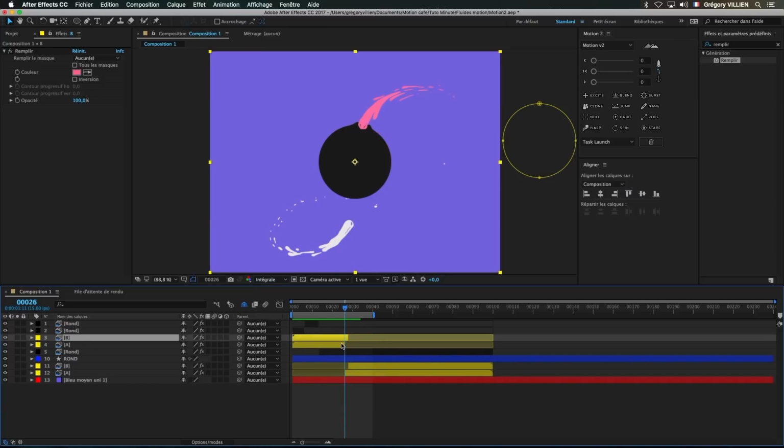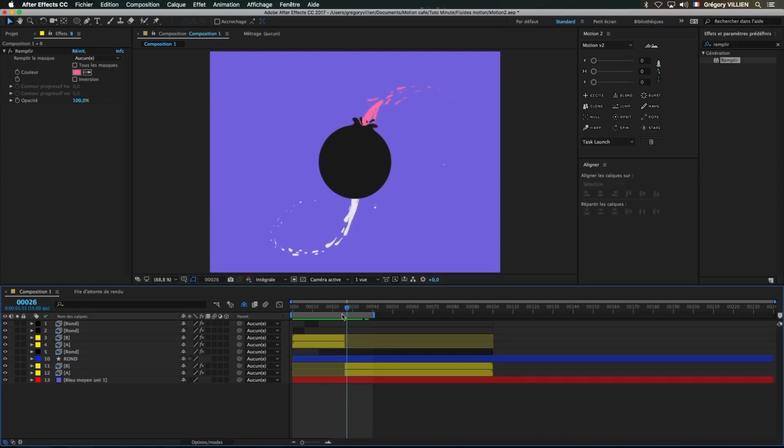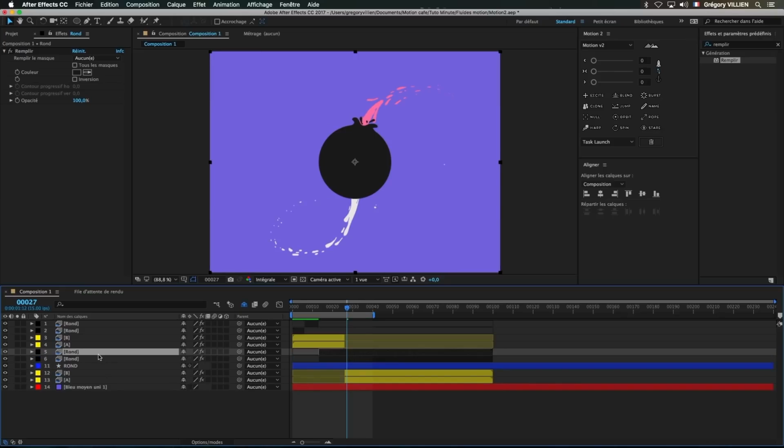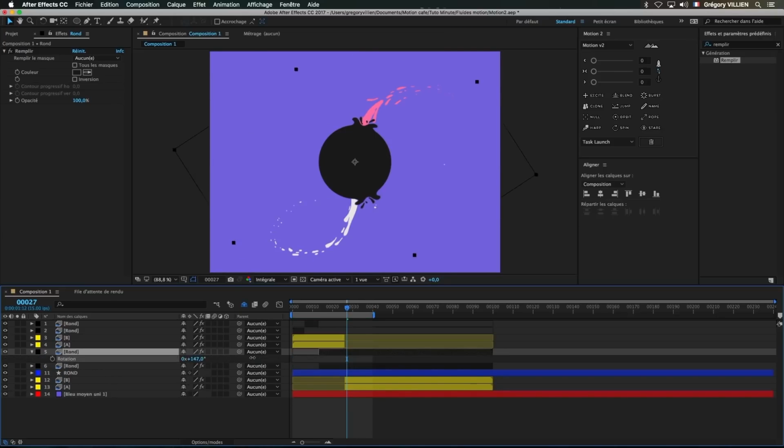Keep working. I cut. I place it at the right place and at the right time. That was the first thing. It seems to be complicated, but it's not. We're just tidying up our sequences. The thing is that we didn't do it in Animate, so we're taking the time to do it in After Effects.